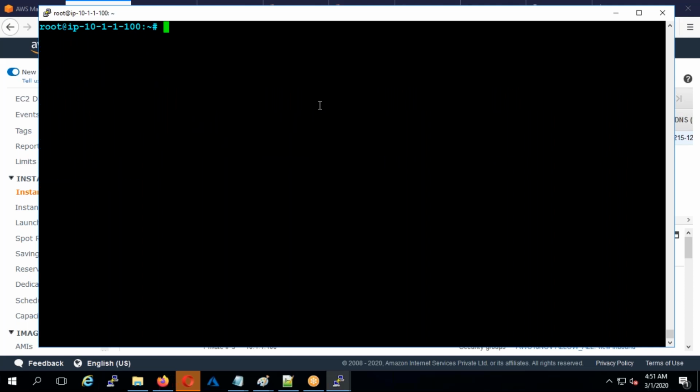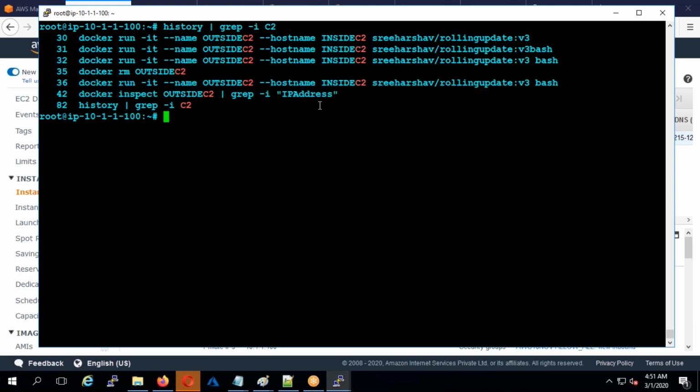Now I'm going to start an Nginx container, and see how to access it. Earlier, if I type history and grep for the commands which I ran here,